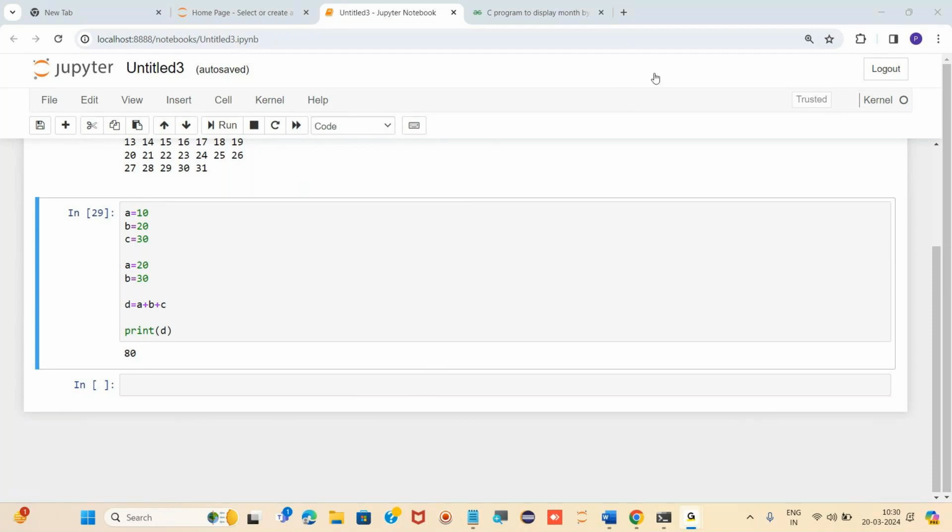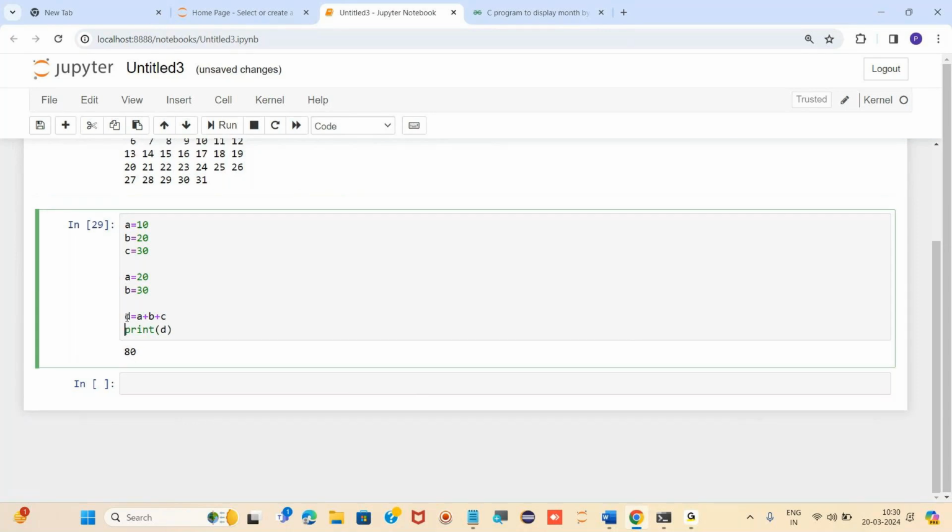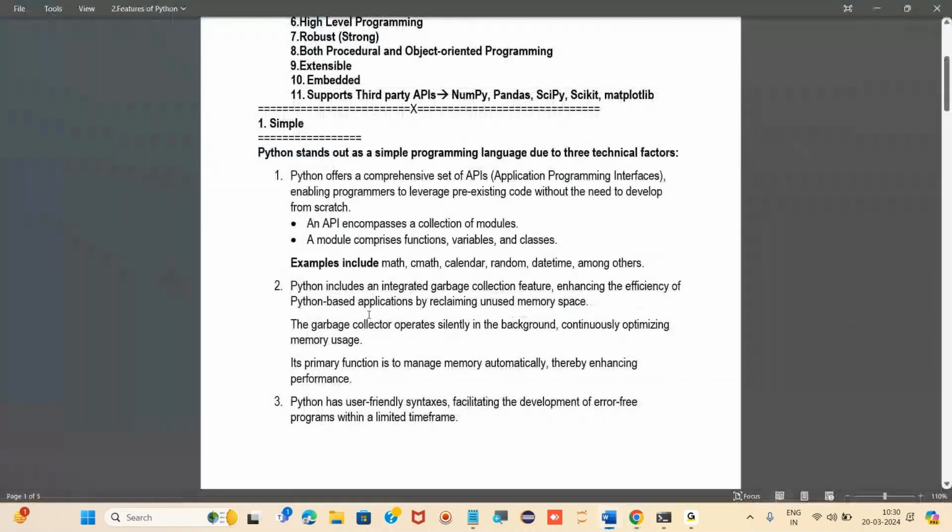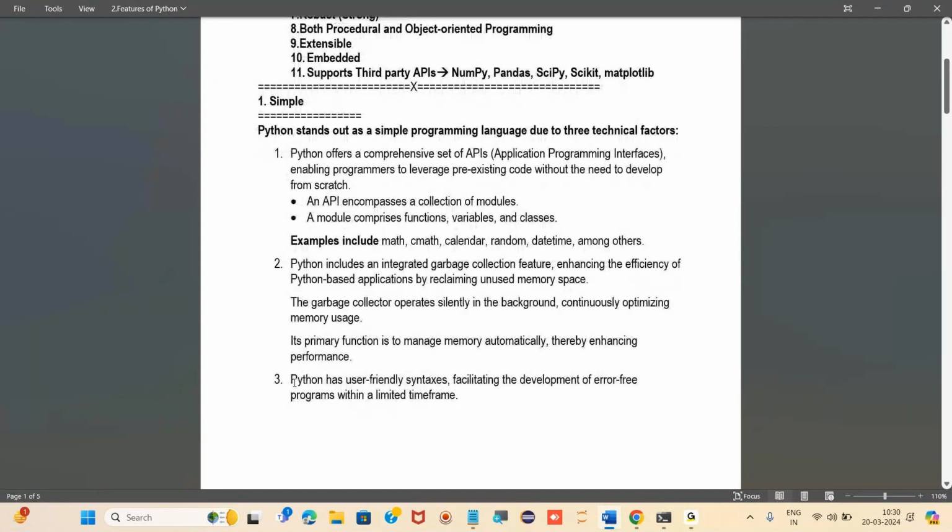So, got the idea why every programming language has its own garbage collector? It collects the unused memory. Simple. Now, the third technical factor: Python has user friendly syntax, facilitating the development of error free programs within a limited time frame.